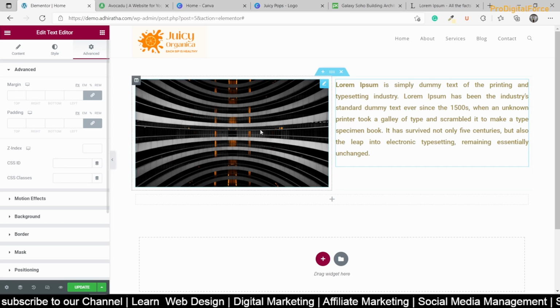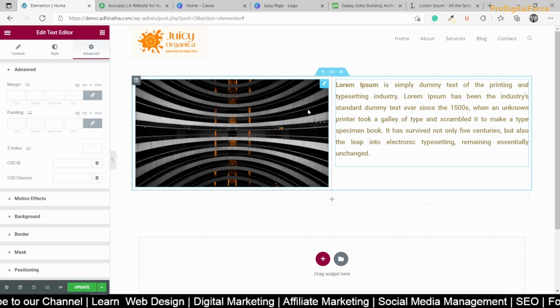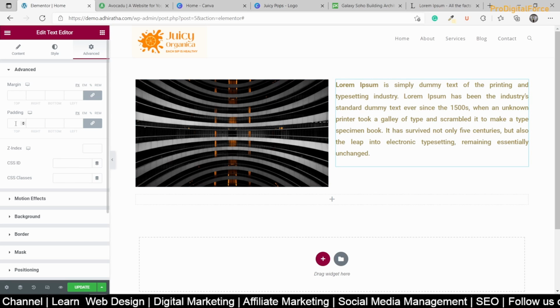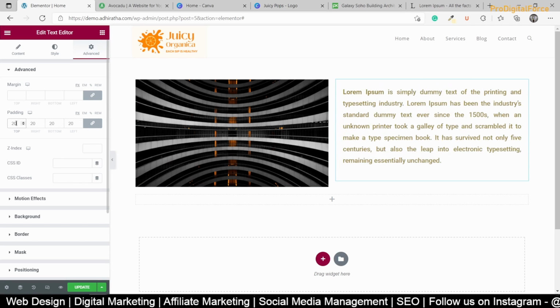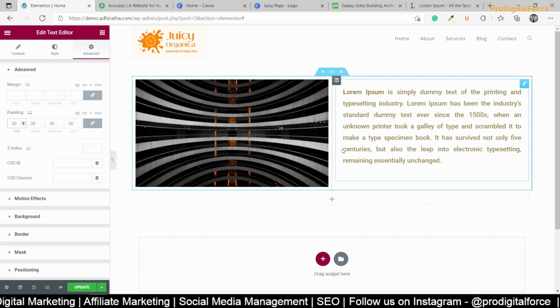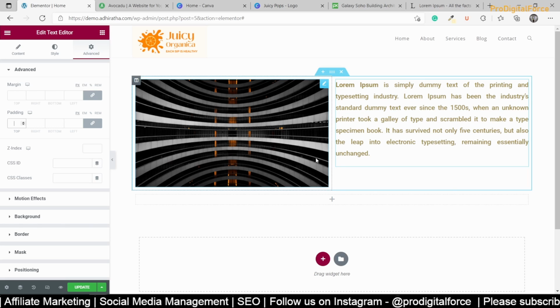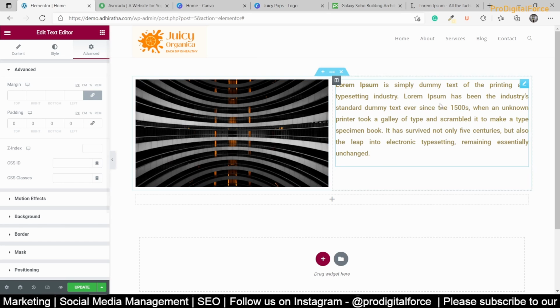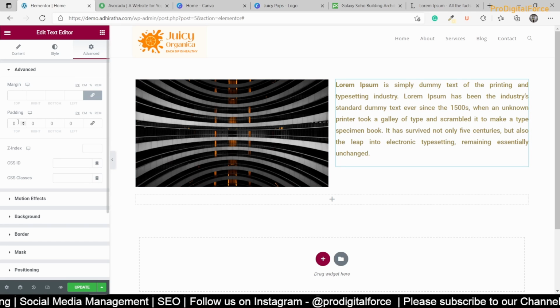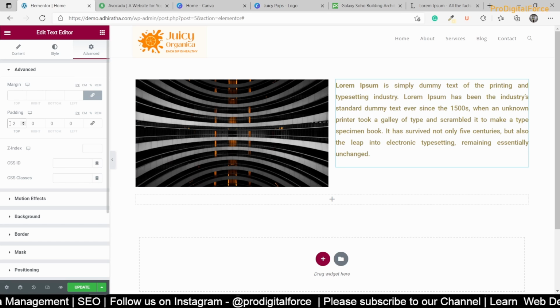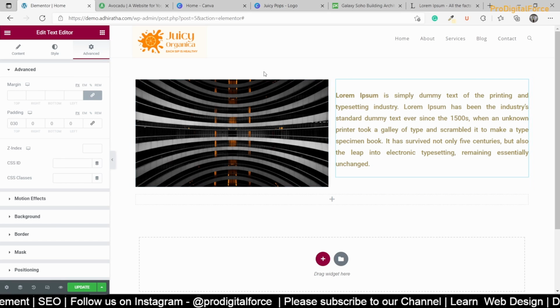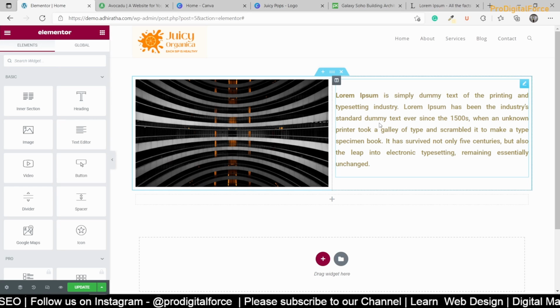See, if I add margin, from all the sides I can add margin, or else I can do padding. So there's an option called link values together. That means if I put 20% here, 20% will be applied from all the sides. But for us, only from the top we need to make it a little lesser. So I'll bring it back to 0. First I'll unlink this. That means it will stop applying from all 4 sides. Now from where I want, from top. So maybe from top I'll say 25 or maybe 30. Right, so now it's center aligned.